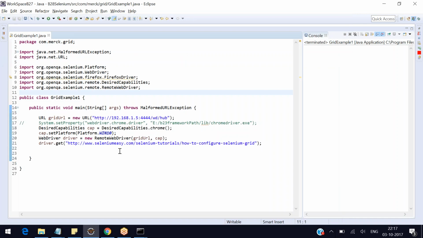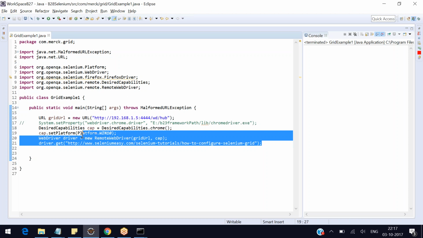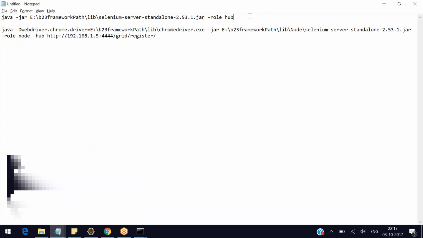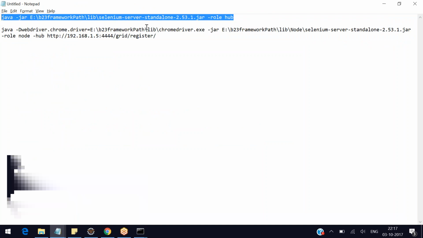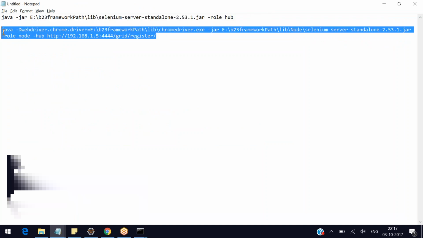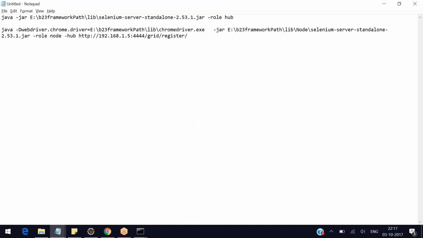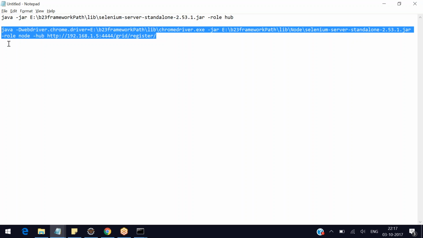Okay, so that's it. Similarly, you can go for Internet Explorer driver or anything. Okay, it's simple. There is nothing much you need to do. Only two things. One is you have to execute this command on the hub PC. You have to execute this command on all the node PCs. And apart from the Chrome driver.exe, you might give IEDriver.exe like this. For IE driver also you might give it somewhere over here. And here you have to give the address of this hub PC. That's it. So the first command on the hub PC, the next command on the node PC, and then